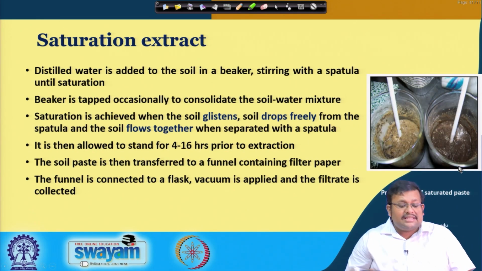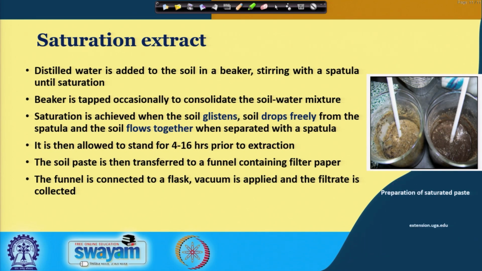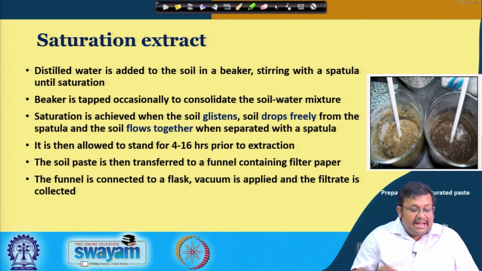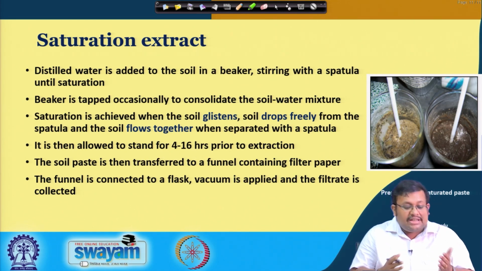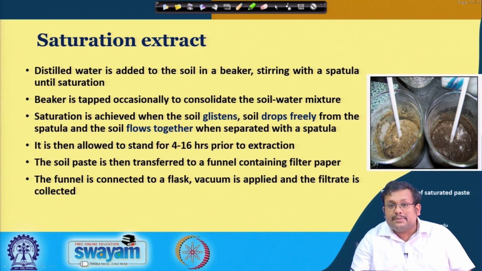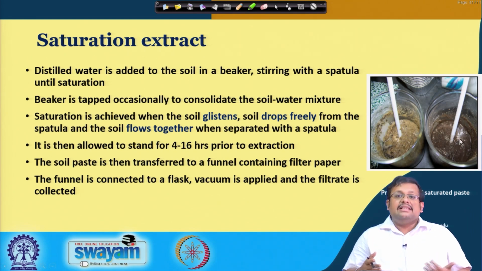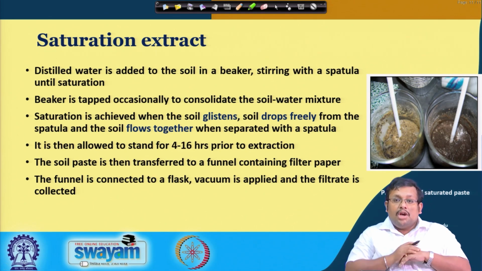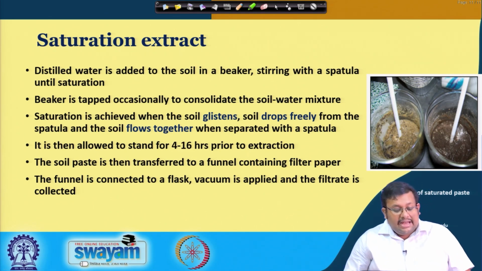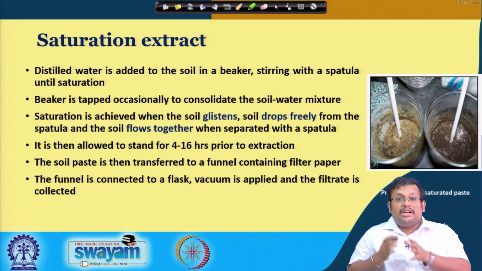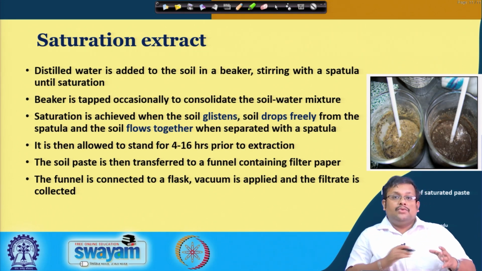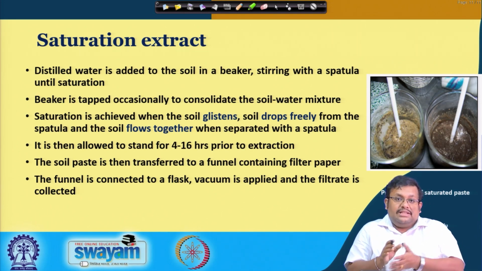Now, the third one is called the saturation extract. Distilled water is added to the soil in a beaker and stirred with a spatula, as you can see here, and the beaker is tapped occasionally to consolidate the soil-water mixture. Saturation is achieved when the soil glistens. As you can see in this picture, the soil is glistening. So, the soil is saturated, meaning all the pore spaces are filled by water. Also, during saturation the soil drops freely from the spatula, and the soil flows together with the spatula,